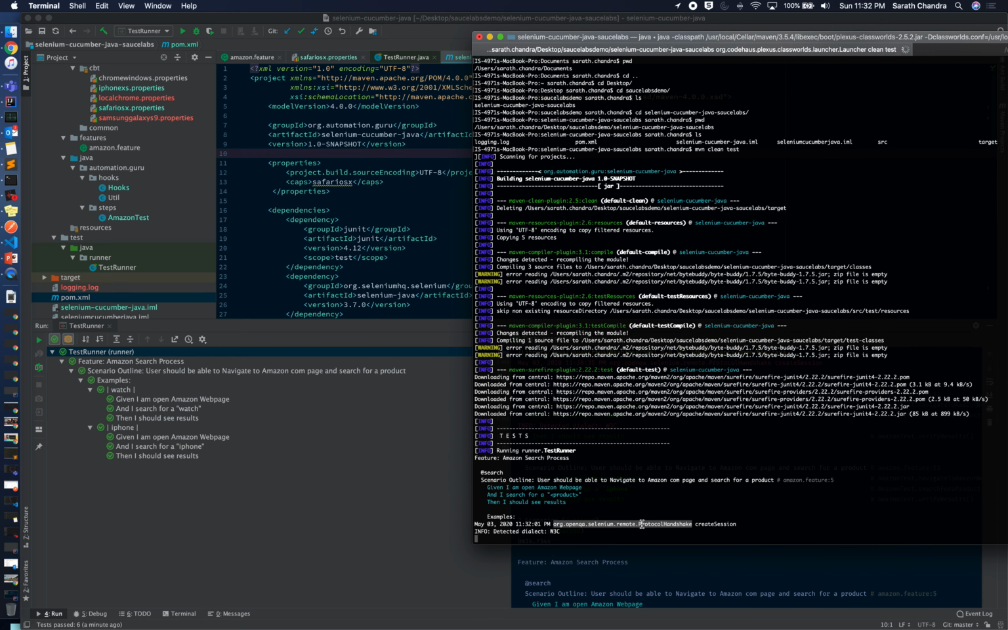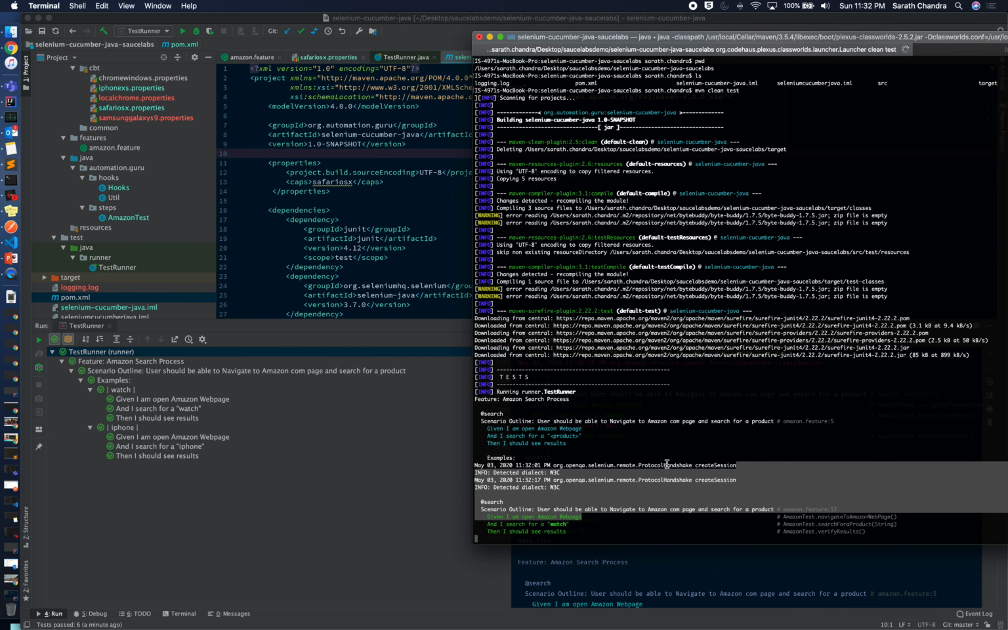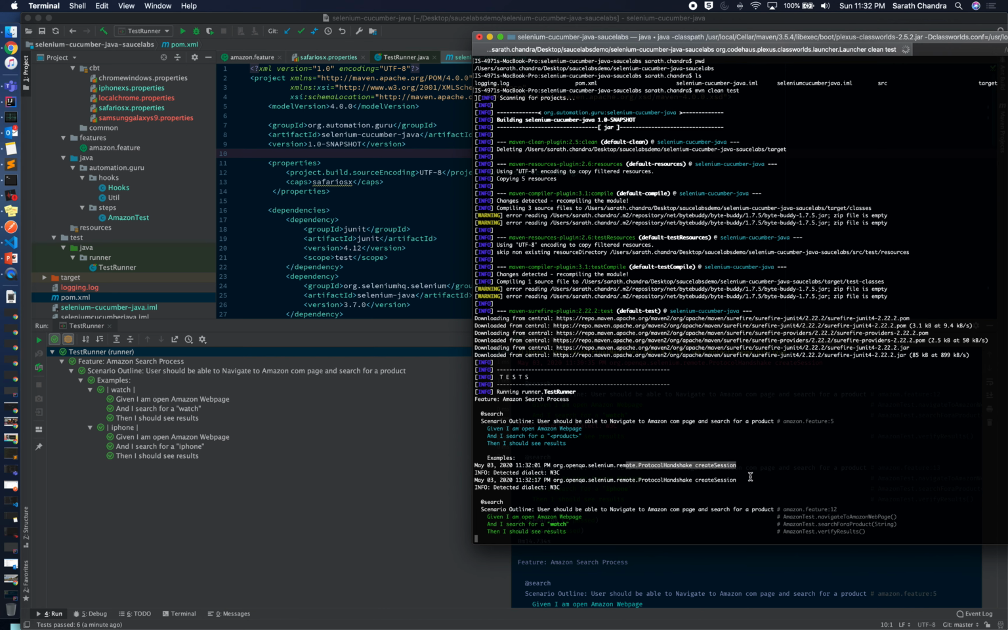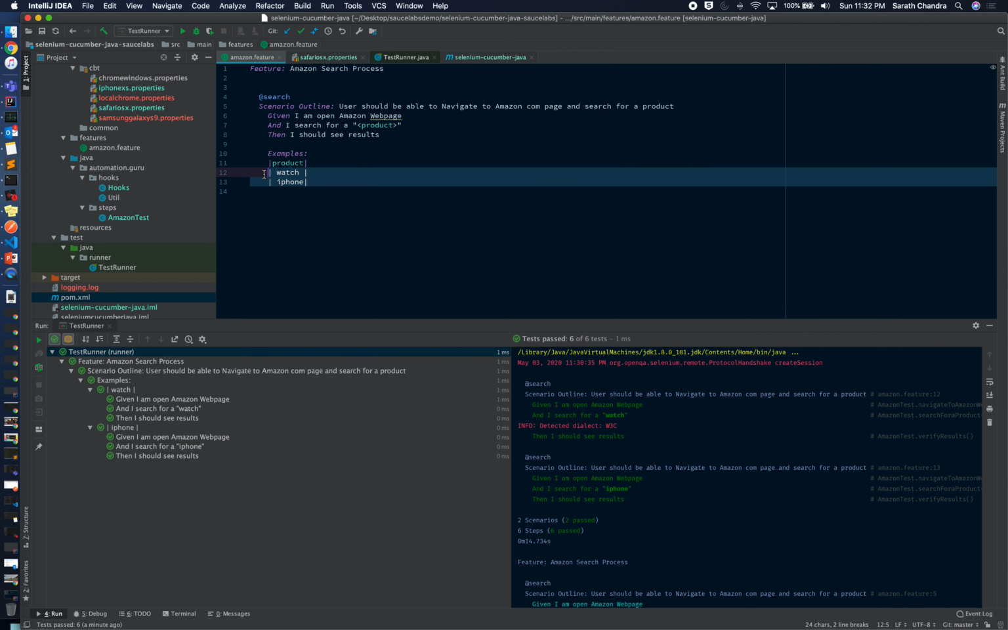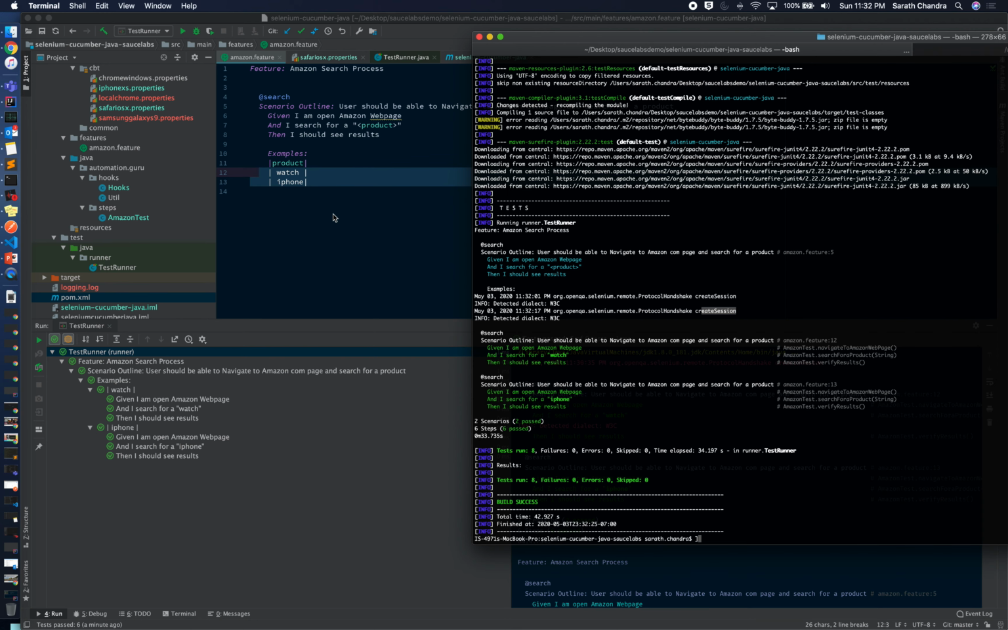And once we see this log statement right here, the protocol handshake create session is successful. What it tells us is that we are able to launch the cloud browser successfully. So that's what this statement tells us. So we have two sessions, because I have two examples, I'm going to run two test cases. So everything runs in parallel, and there are two sessions that were created, and my automation has run successfully and